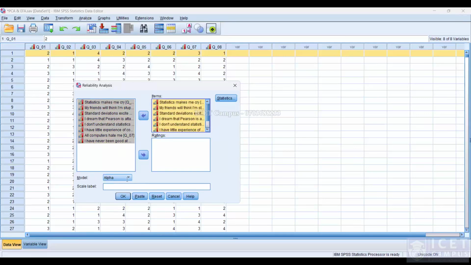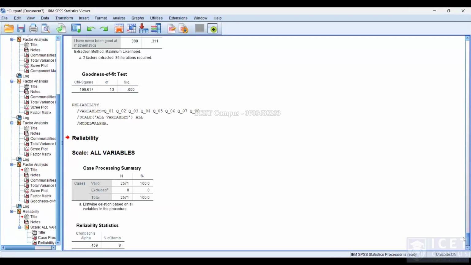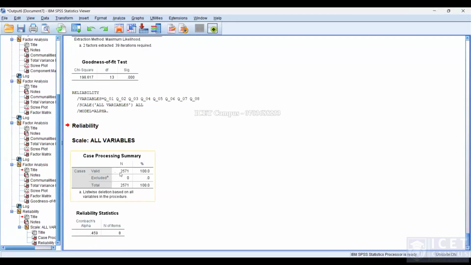Then we are going to calculate the Cronbach alpha value. That is why it's mentioned alpha. Then we can take the output for the reliability. For all variables, there are 2,571 variables here. Then the Cronbach alpha value is 0.459. Actually, that is not a very good value because it should be at least greater than 0.7 to be